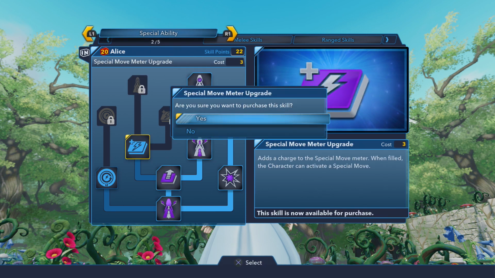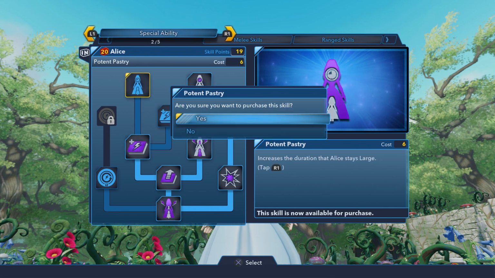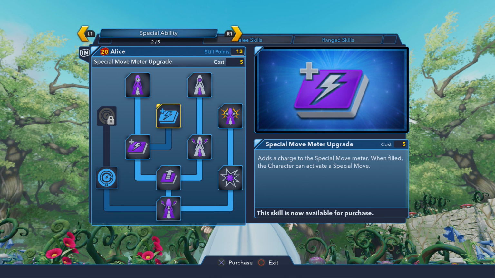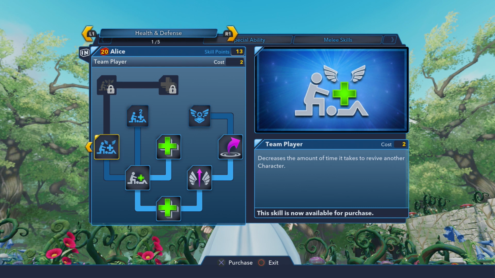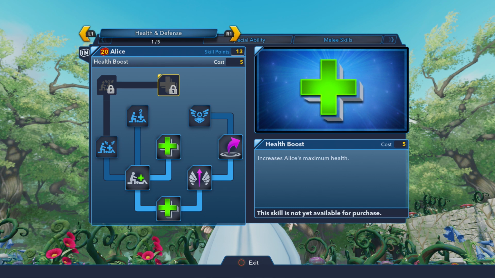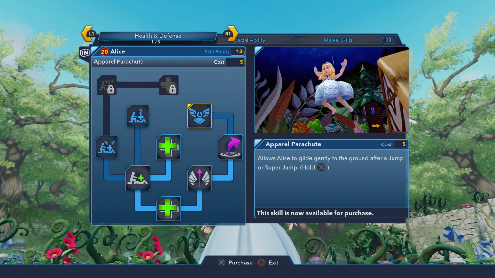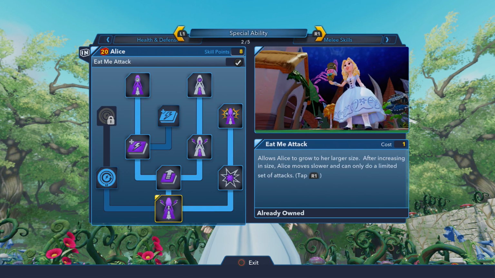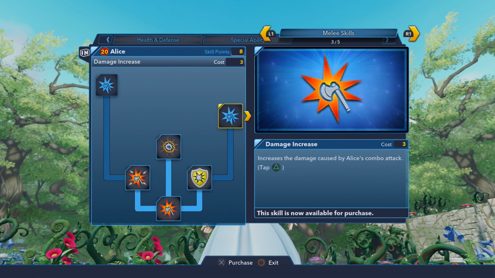So we'll have to take the special move meter upgrade. But that's an extra charge, so that'll be fun as well. I'm going to take the extra time duration for the large as well. We're now down to 13. And I may take that as well. I'll just take a little look. If I was to go this route for the maximum health, that would cost me 6, 9. That would cost me 11, leaving me 2. So I think I would rather get the gliding, because that sounds great. Leaving us 8. So we could possibly go for a 5 and maybe...